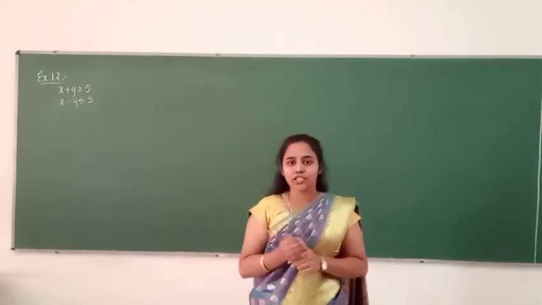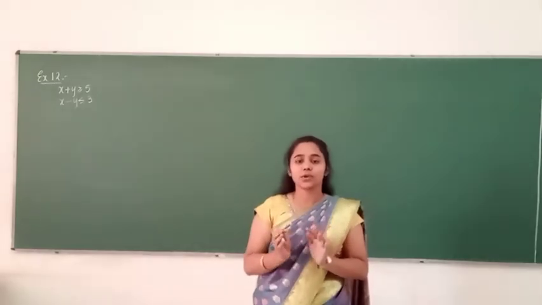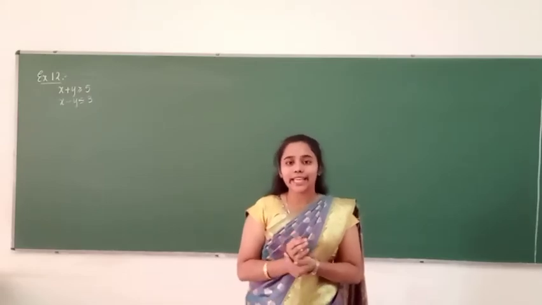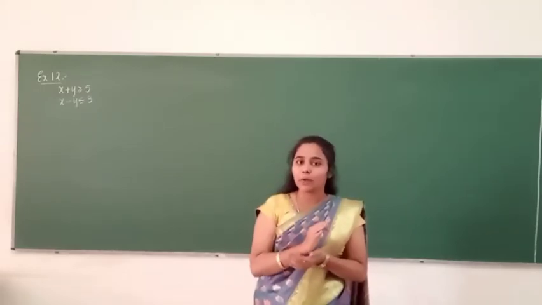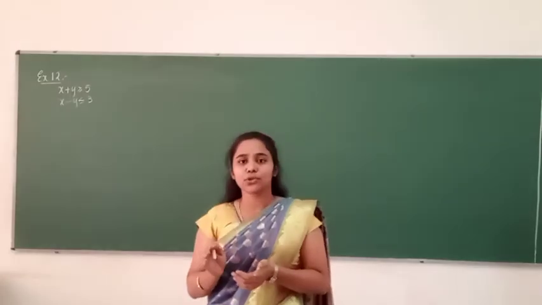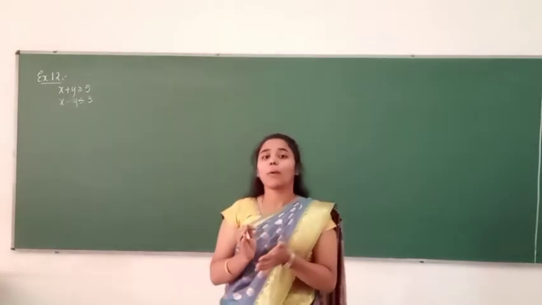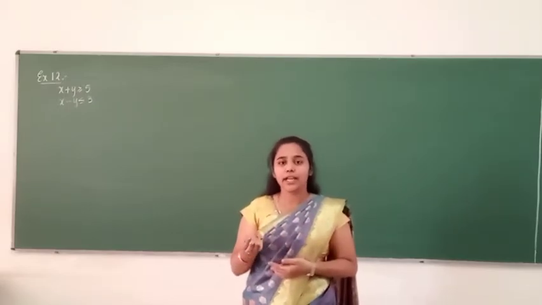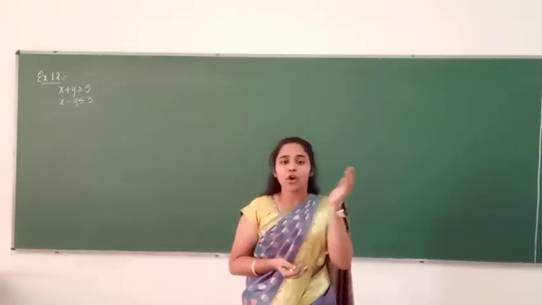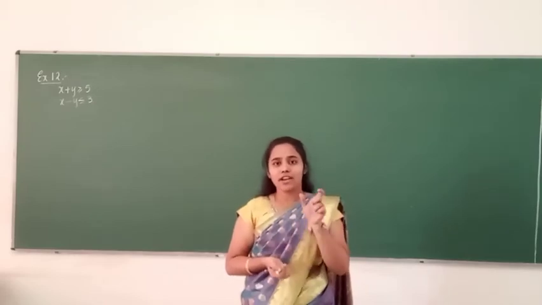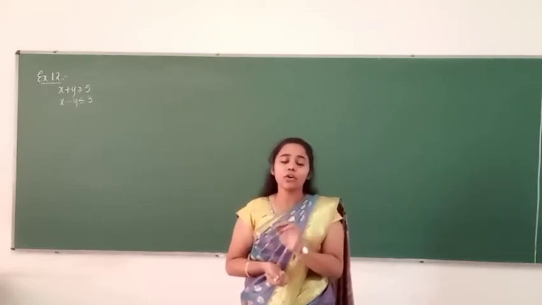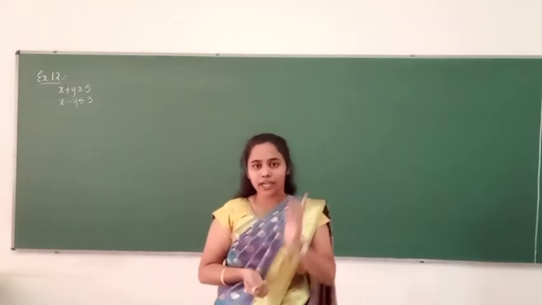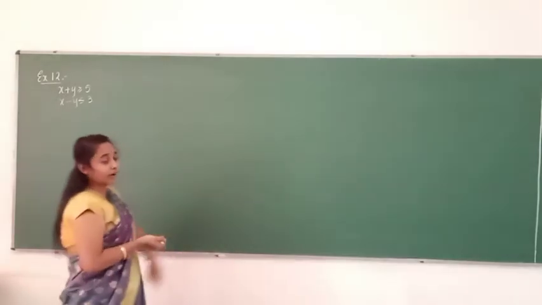In that condition, when you get 0 and 0 on both sides, that is in LHS as well as RHS, what will we do? We will just consider the inequality and substitute any one value, either x as 1 or y as 1. Based on the answer we get for the inequality, you can shade towards the upper half or the lower half. Whenever the inequality is like 0 greater than 0, the line will always pass through the origin. Keep this in your mind. Okay, let us move on with the solved example which I have already written on the board.